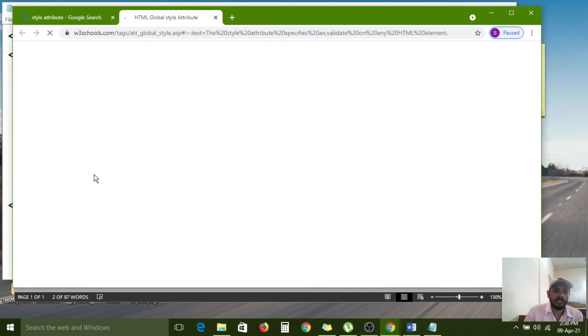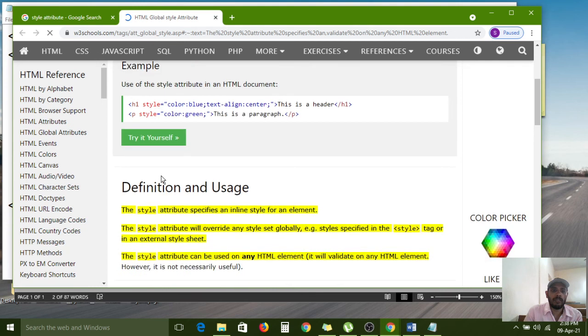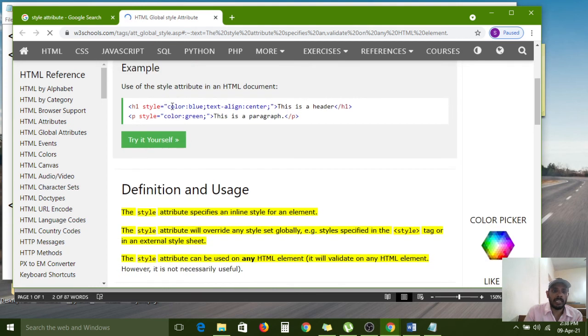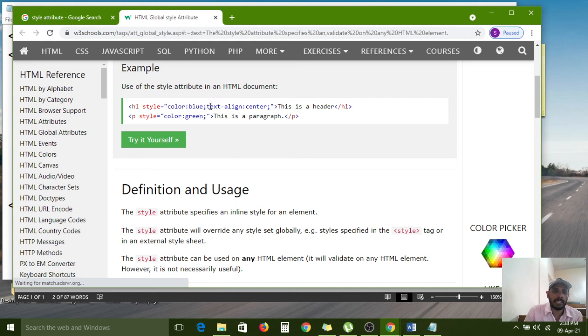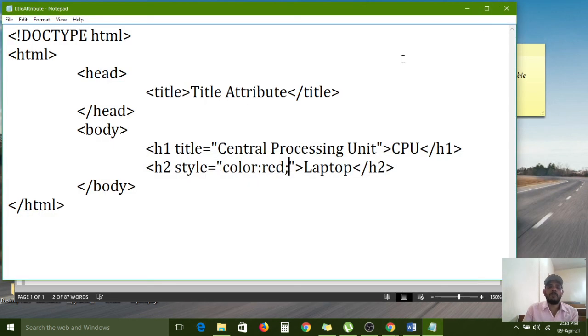All of you carefully observe. Here, for style, one property I have applied, color blue or color red, and the text is also aligned center. One element, one name, and here different name value pairs we can apply separated by a semicolon symbol. Understand? Text hyphen align colon center and one more semicolon symbol they have used. Like that we can use. At a time multiple properties also we can use. We can apply styles to the element by the style attribute.